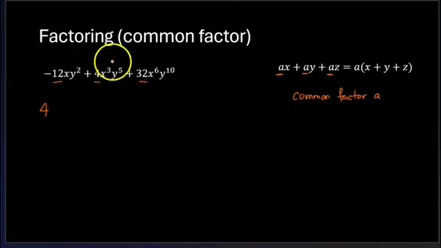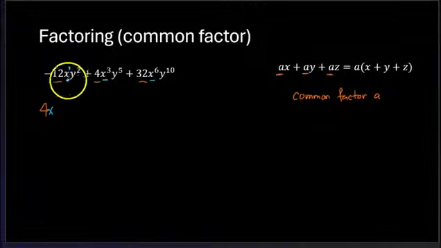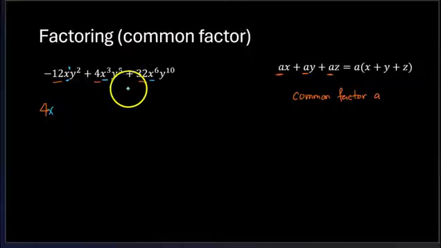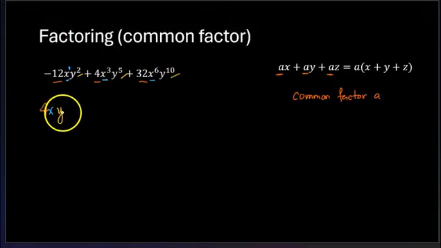Okay. Now, how do you figure out for the variable? So for the variable, you're looking at each of the factor. No? So you're just looking for the lowest exponent. So that would be common because x cubed cannot be common here. There's no x cubed. No? So the one with the lowest exponent will be the common factor. So for x, that's x cubed. Then for y, you have y squared, y raised to 5, and y raised to 10. So that is y squared.